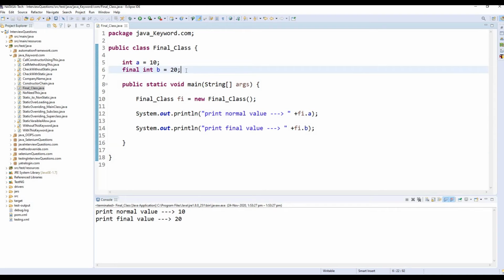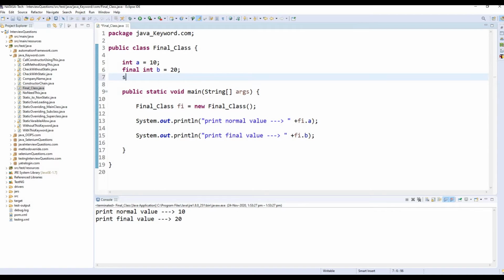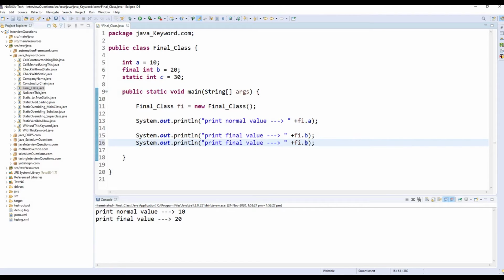Okay, again I'm going to create a static variable: static int c = 30. Can I access this static variable using this reference? Let me check. What is the static variable? c. No, because for a static variable there is no need to create a reference variable for the class.